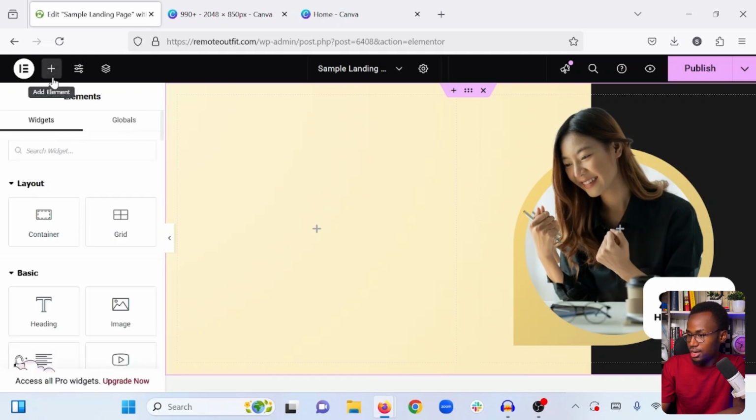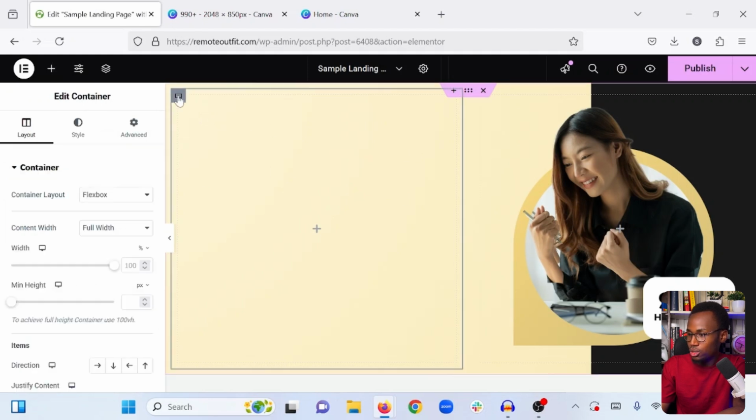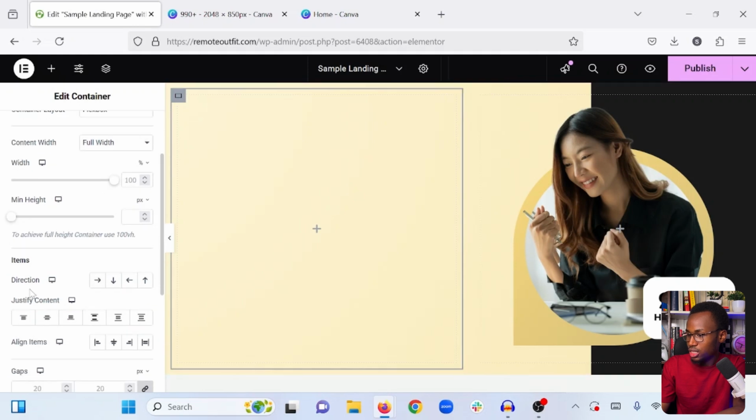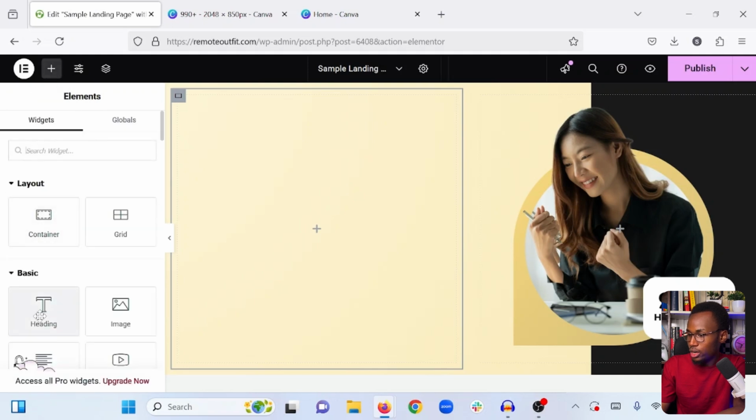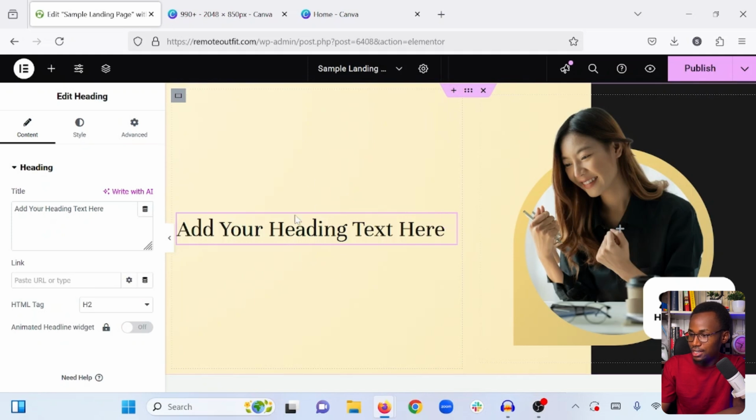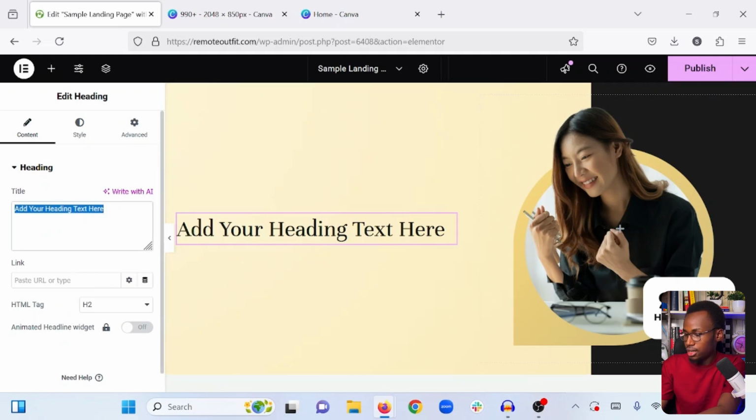And that is it. The next thing I will do is this section itself, the 2 sections that I have, the one on the left, I'm going to select it. I'm going to change the direction of the content to vertical. And I'm going to justify content also center. And then I will come back to all elements, and I'm going to add a heading inside this one. Now you see our heading is perfectly in the center of the left column, and I'm going to change the text to something like